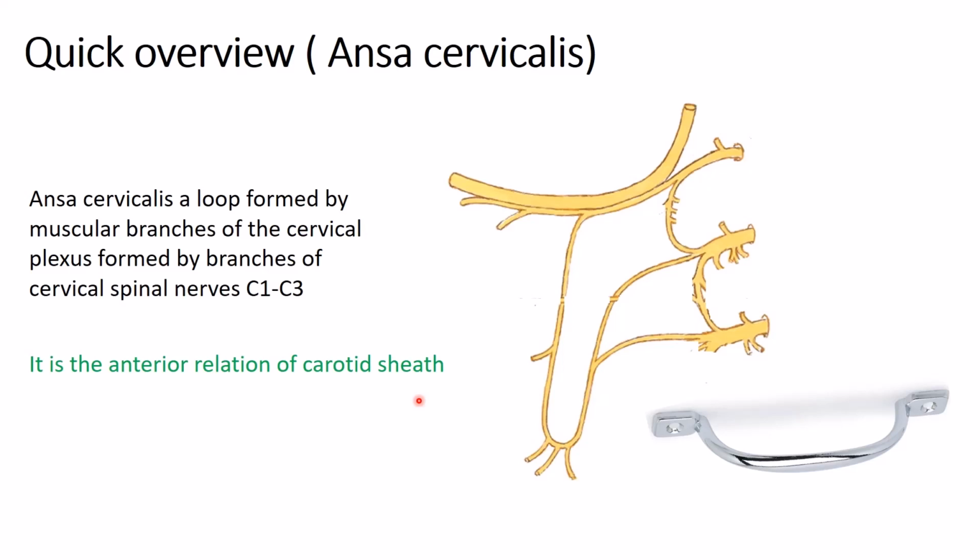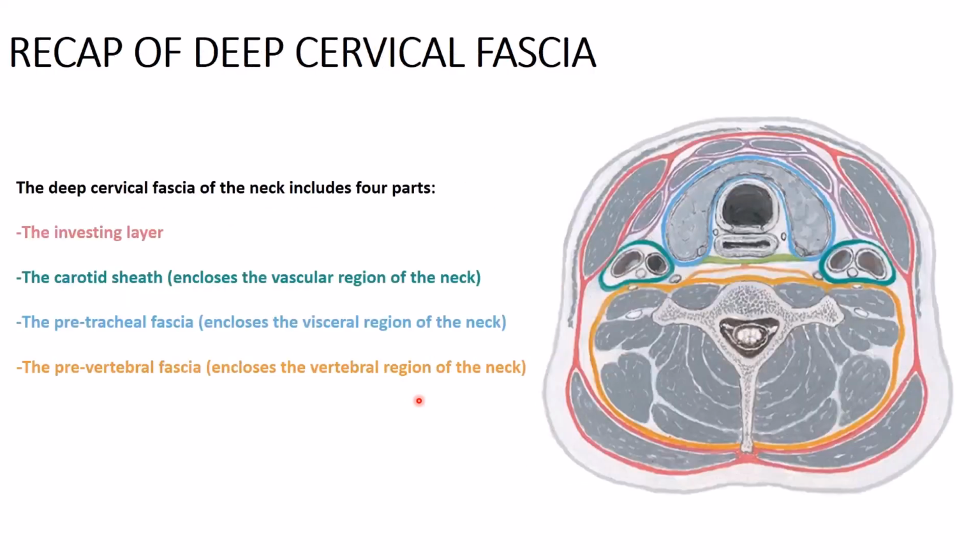The carotid sheath, of course, as we mentioned in the first video, is one of the deep cervical fasciae of the neck. So, the deep fascia of the neck, to recap, is formed of 4 layers. The first layer, the most superficial, is the investing layer of deep cervical fascia. We have mentioned before why it is called the investing layer. It is the red thing just right here, the most superficial, which surrounds the neck